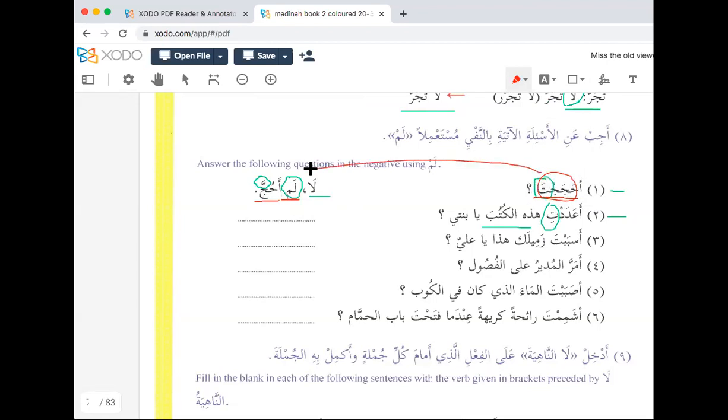And the answer, it negates by using fi'l mudari'. A'adatti, did you count the books? A'adatti hadhihi al-kutuba. So fi'l mudari' is going to be la, comma, lam,